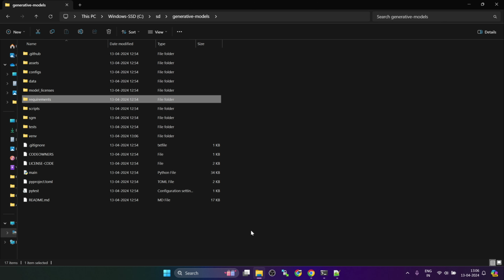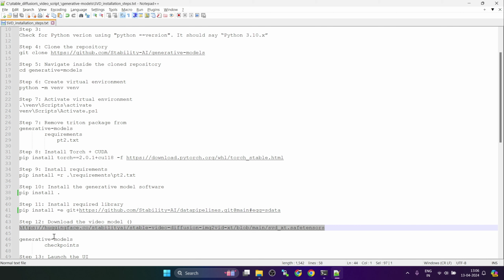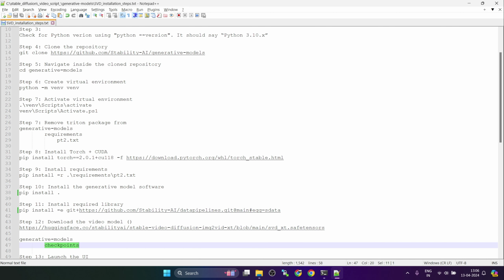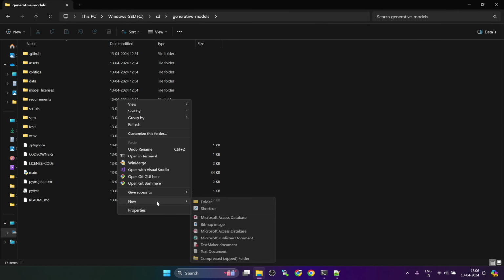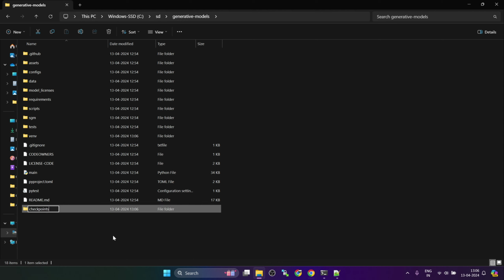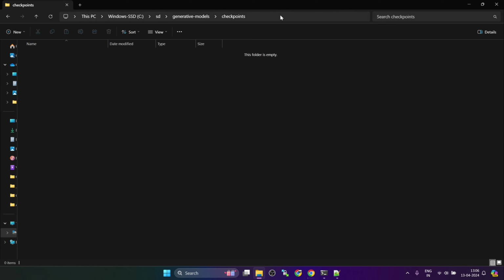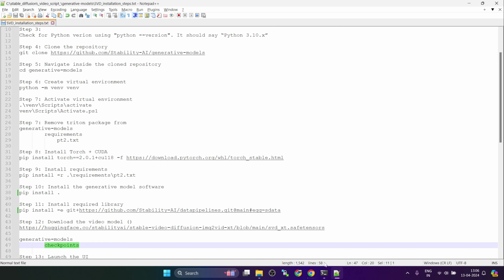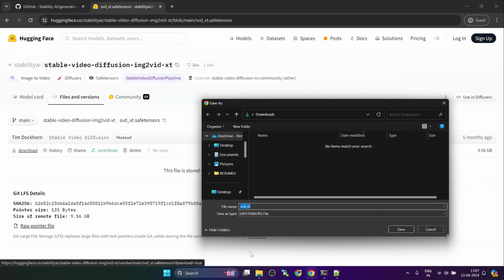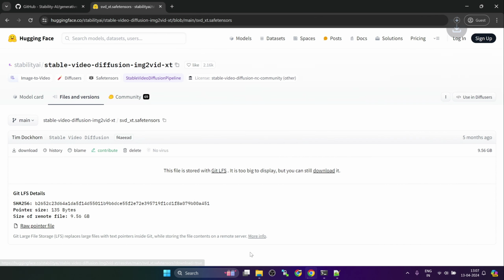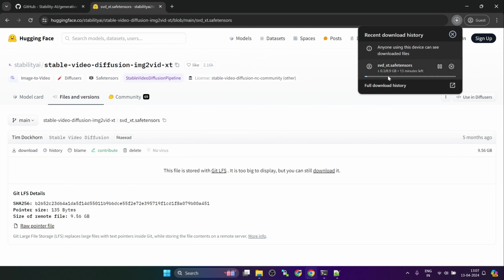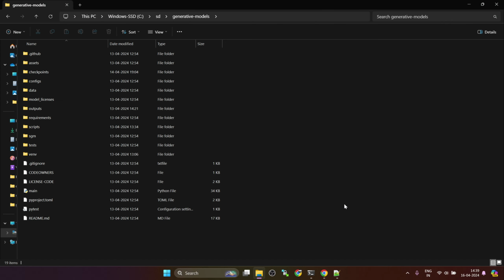So there is no checkpoints folder. So let's create one. Let's wait for the download to finish. Now that the installation is completed,